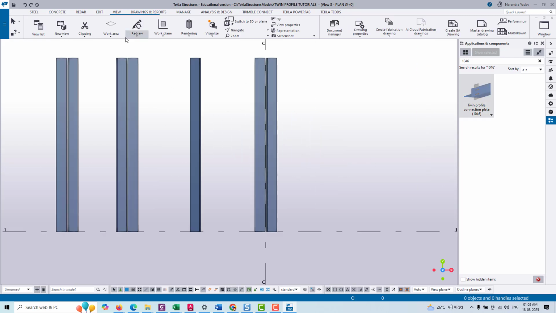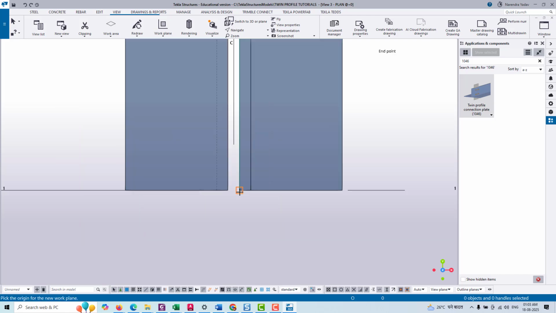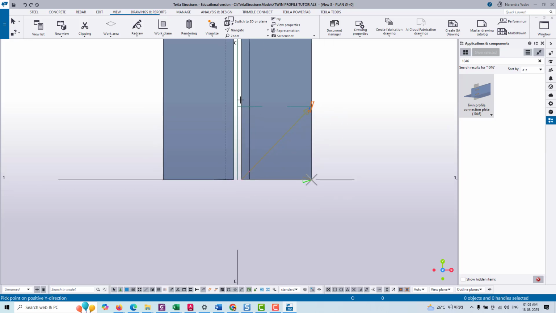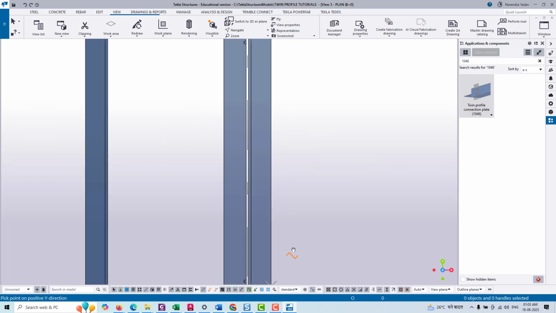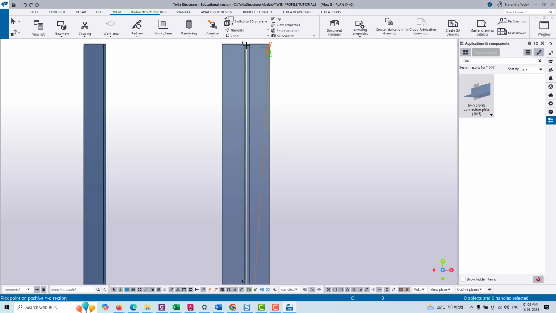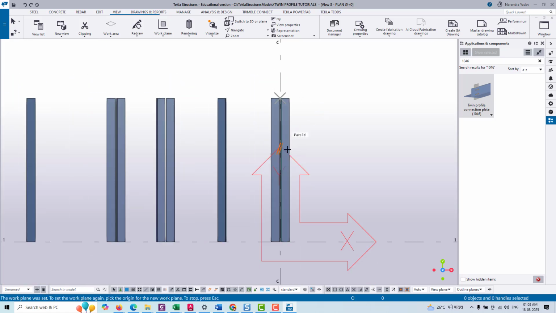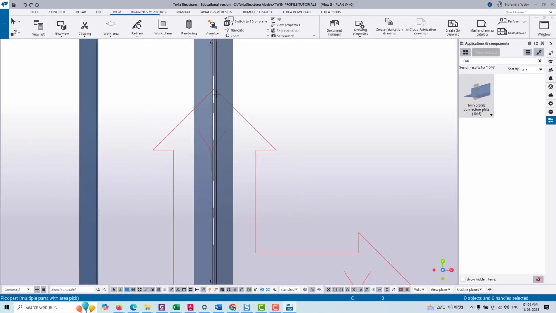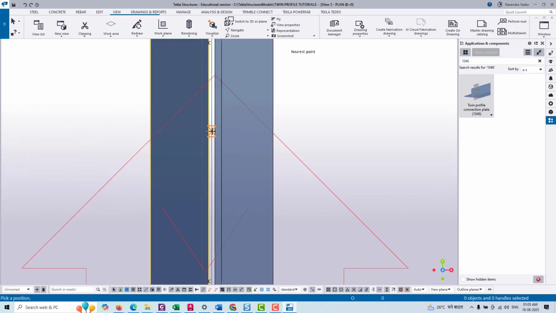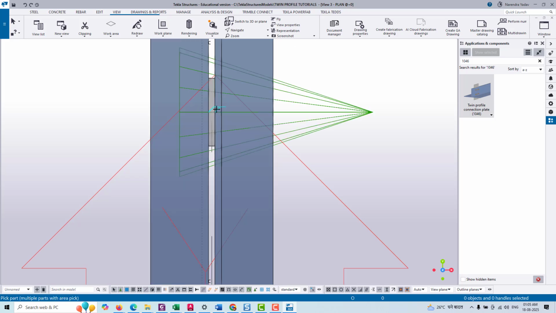Between these two members, we just need to specify the new plane. Suppose we are taking 3 point. Suppose we are taking this point as a midpoint or origin. This one is our x, and in the vertical direction, suppose we are taking the y direction. In the 1046 connection, select any of these members and specify the point where you want to place the connection. So suppose we are taking this point for the connection, and in the 3D view just press Control Tab,